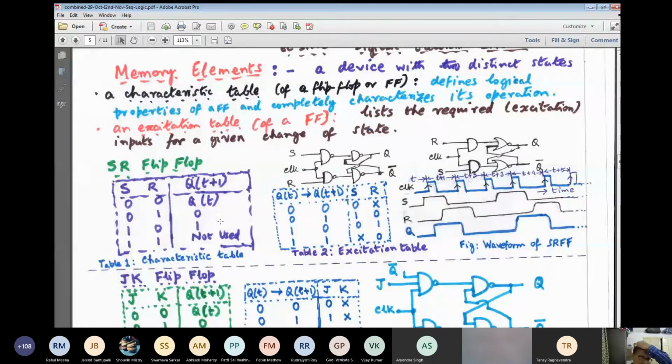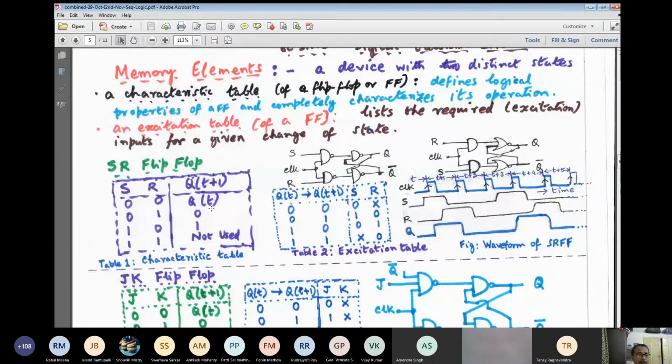After that, for continuity's sake, see that before the fourth clock edge, S has become 1, R has become 0. So according to the third row, output should become high. So Q has become high. Again, prior to the fifth edge, S has fallen to low, R has become 1. So according to the second row, Q has become low or clear. S and R both are 0 before the sixth active edge, and after that this state will be held. So it will remain as logic 0.